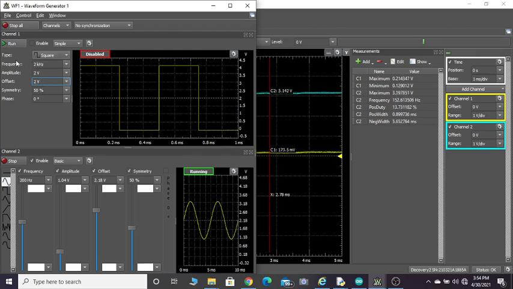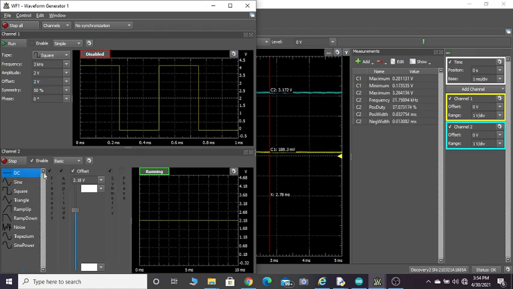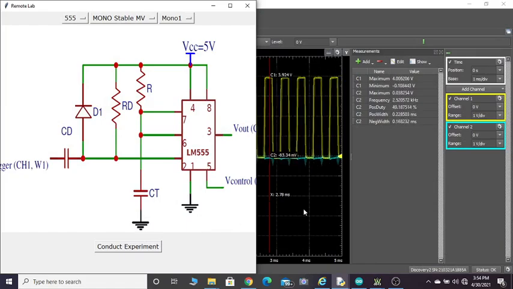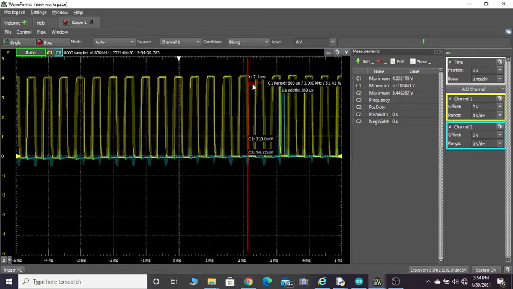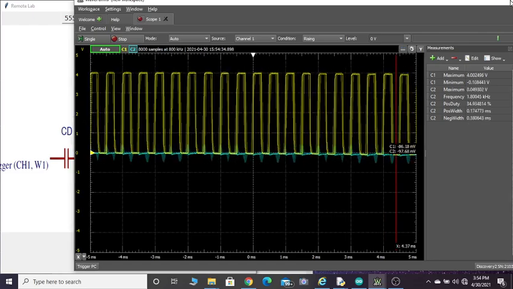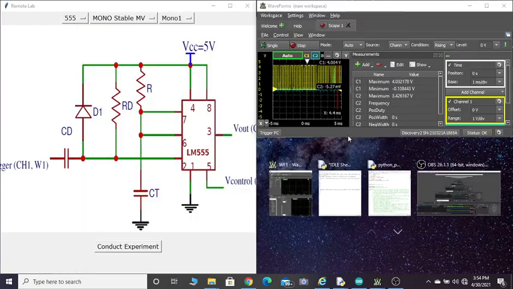So this is what you're going to get when you make the amplitude and offset 2 volts. Okay, this is a square wave, it is fine. So over here let me select a DC voltage of around 2.18 volt. This is fine. Let me run now. So I have just applied the voltage and I have not yet selected this option, that's why I'm not getting anything now. Now I will conduct. When I start conducting the experiment, you can see you are getting only the input signal, meaning that the trigger is not properly being applied.